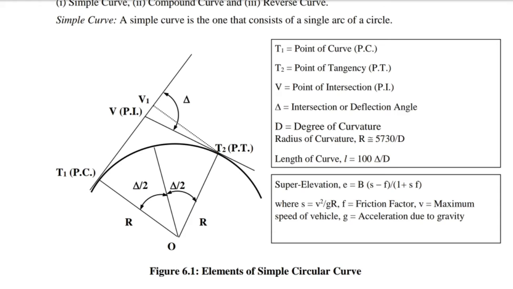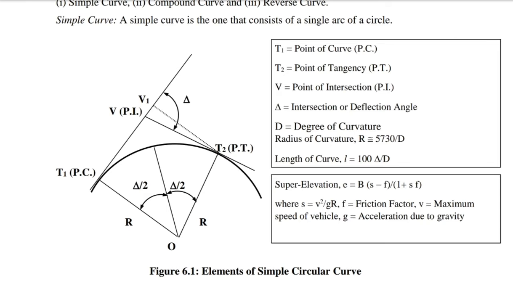So, radius of curvature R is equal to 5730 divided by capital D. Length of curve small l is equal to 100 delta by D. Super elevation small e is equal to capital B into S minus F divided by 1 plus SF, where S is equal to V square by small g into capital R. Small f is equal to friction factor, V is equal to maximum speed of vehicle, small g is equal to